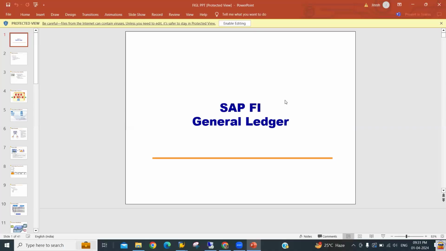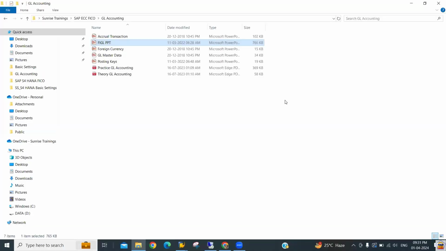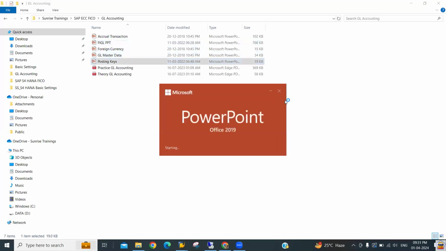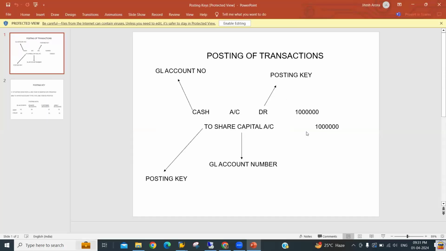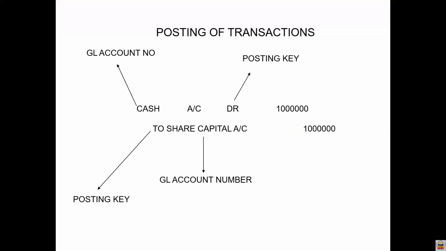So this is the information we have about the general ledger accounting. Now I'll also walk you through the posting key PPT. We have one object called posting key, and this is an important object. Why is it important? Because when we make the accounting entry, when we process the transaction in that FI transaction,